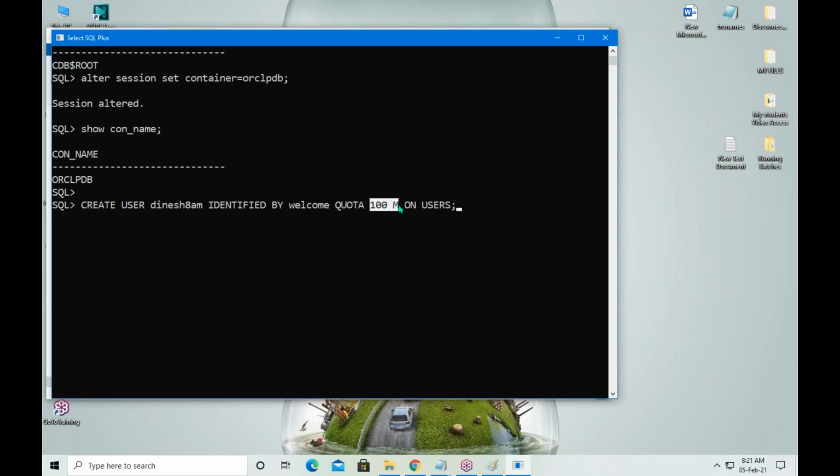How much memory? 100 MB of memory is reserved for this user account on users. Users is one area in which all user accounts are maintained. Multiple users are there, and for each user, some memory is reserved.